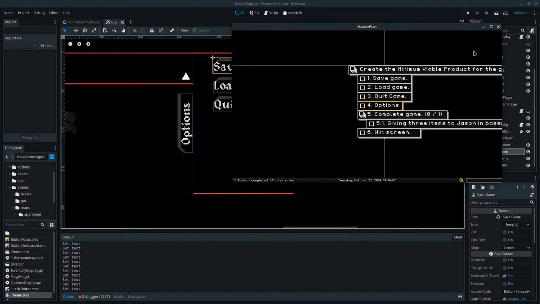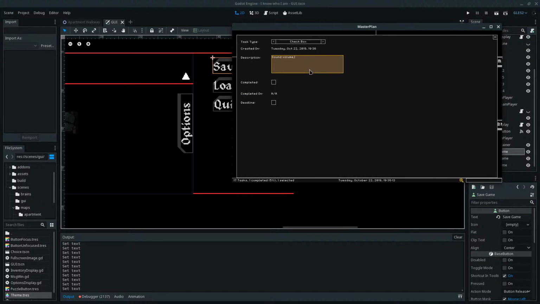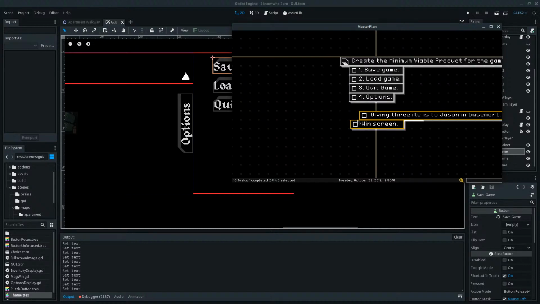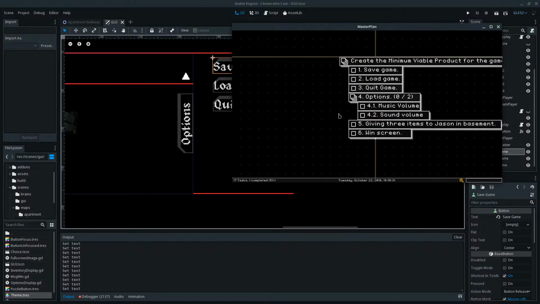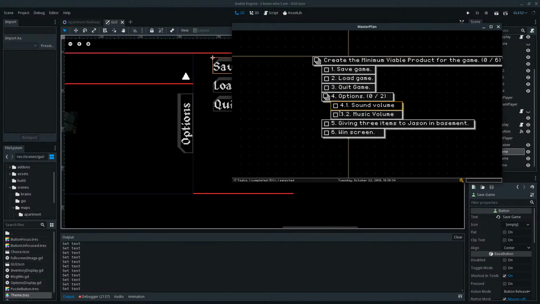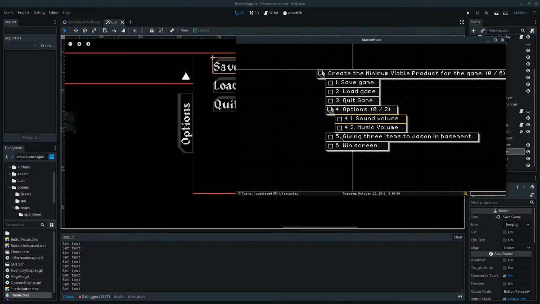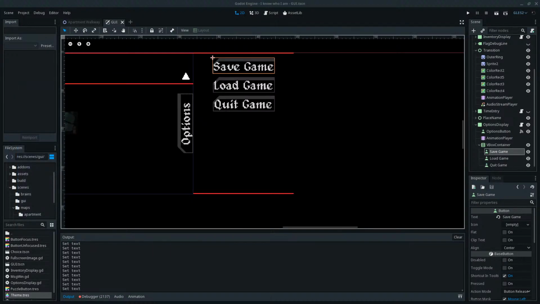Options. We'll need sound volume. Oops. No. I know why that happened too, because something isn't implemented. Music volume. Okay, so sound and music. Save, load, quit. Give me 3 items. So this is the minimum viable product. Okay, cool. All right, so we'll probably just get through one of these.